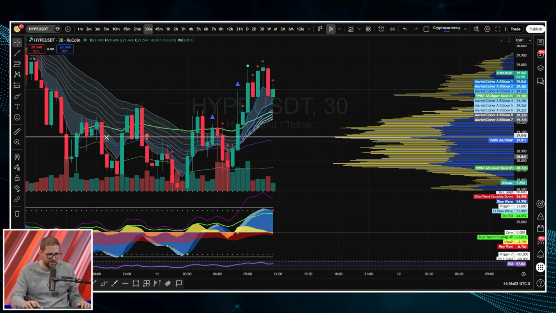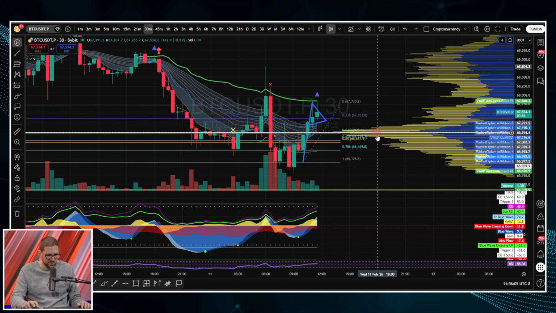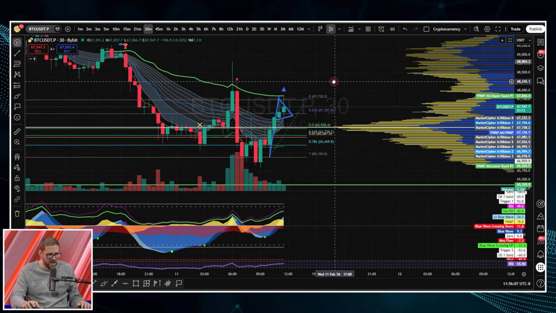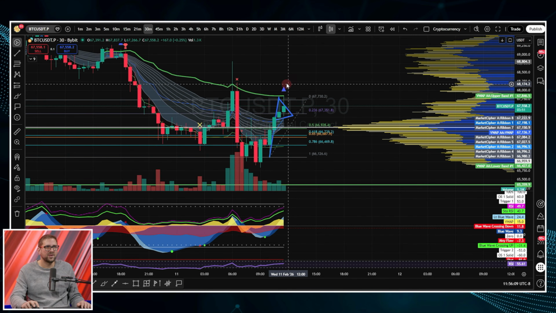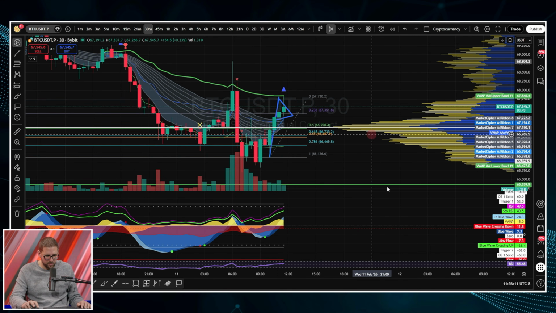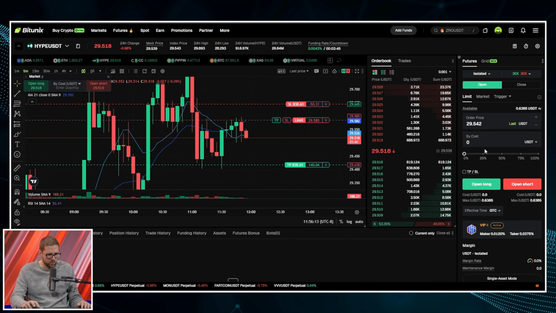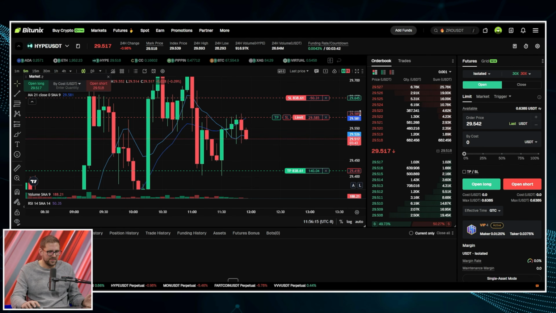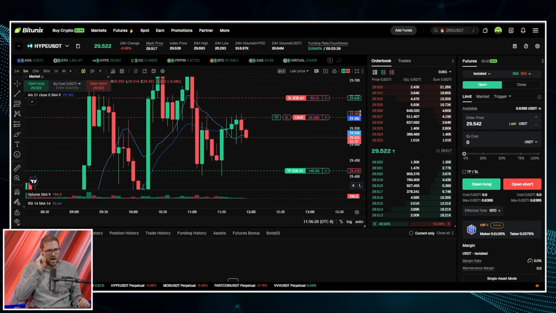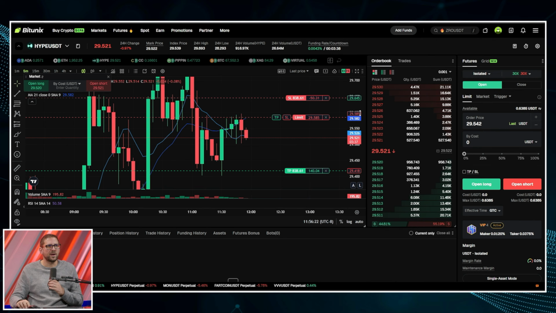30-minute looks good for a short. Bitcoin 30-minute looks good for a short as well. We'll see if we get that green dot, the Godot, right? The green dot of doom up here on the next candle open, or if we get that red dot on Market Cipher B telling us that we should get into a short on Bitcoin. Obviously, Hyperliquid along with XRP kind of moves along with Bitcoin. So just keep your eye, like Brennan says, and he says a great thing, right? Always refer back to Bitcoin.